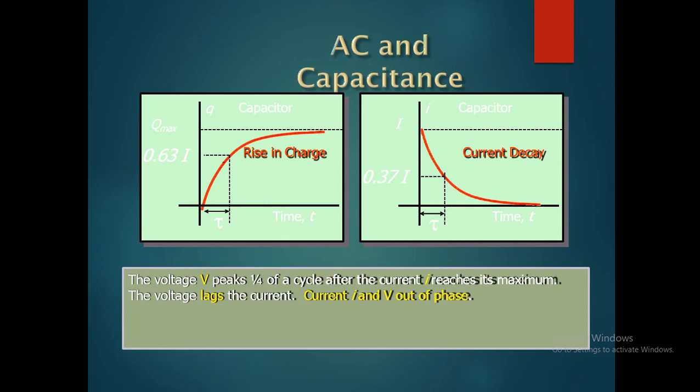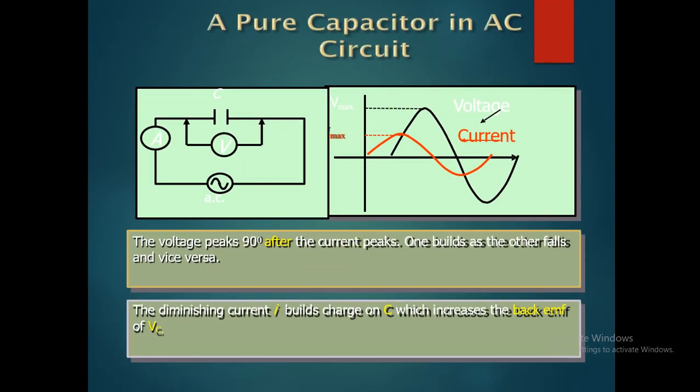Now we'll see the capacitance. It is exactly opposite to the inductance concept. Here we are taking the voltage values rather than the current values. The same thing is happening here. Whenever the supply is available, the capacitor starts to store the energy and build up the voltage across it. Whenever the supply is not available, it discharges its voltage values. And we can see the phasor diagram here also.